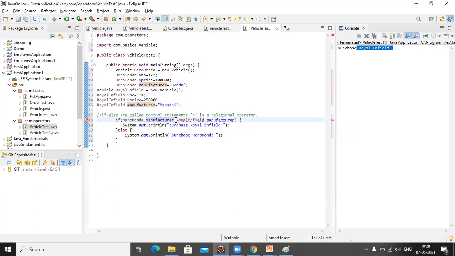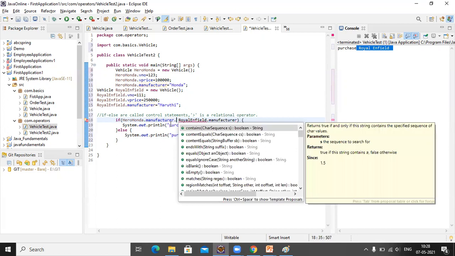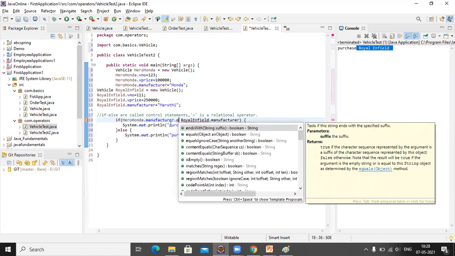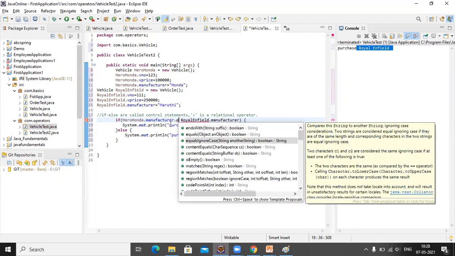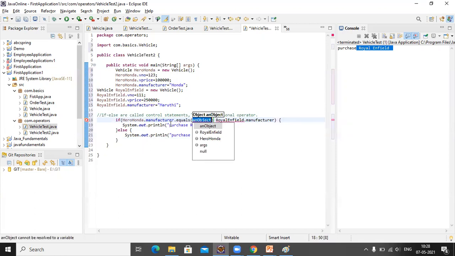Now, how about this then? If Hero Honda dot manufacturer dot, we have to use the equals method, equals Royal Enfield dot manufacturer. So in order to compare two strings, we have to use the equals method.